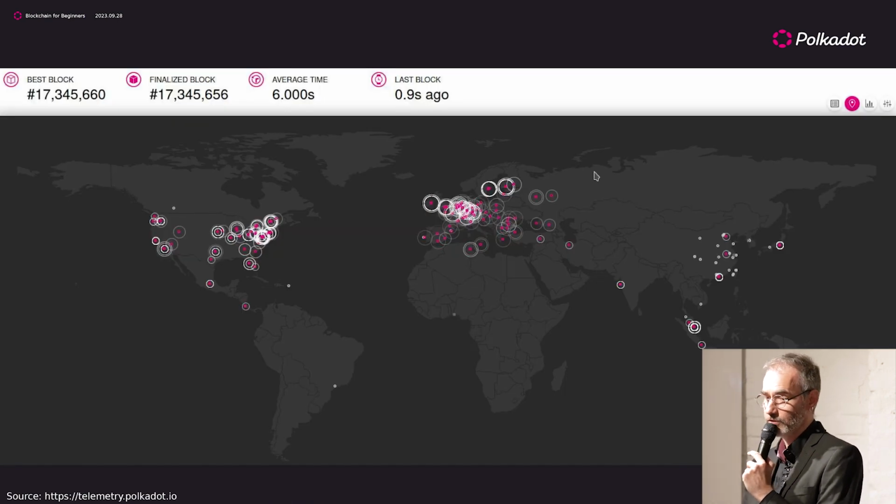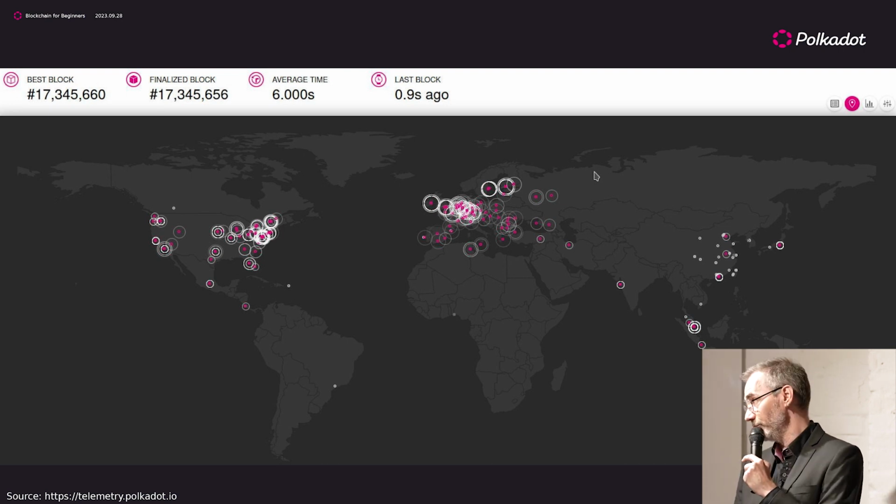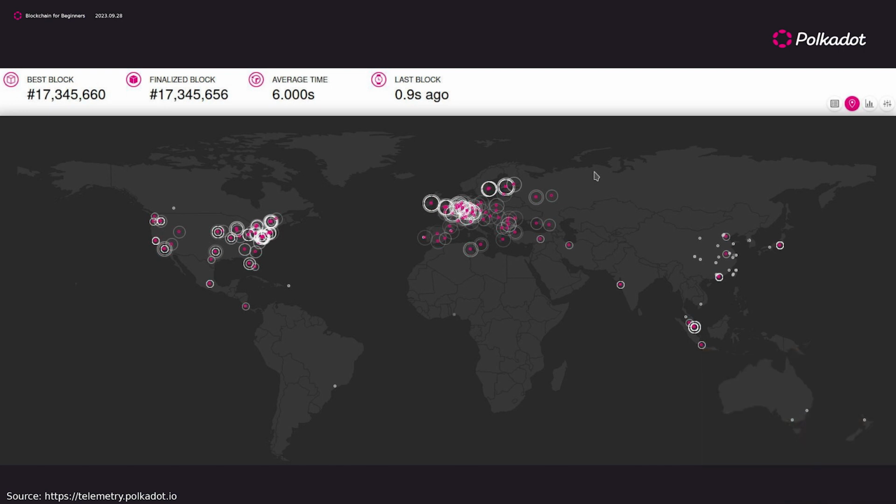In the real world, for example, here are the Polkadot validators where we see how they're distributed around the world and how they become activated when a new block is broadcasted around the world. The block time here, for example, is 6 seconds currently, and we see that already 17 million blocks have been finalized and are in the history. So that was the hardware part, how blockchain is set up around the world in physical computers and internet connection.